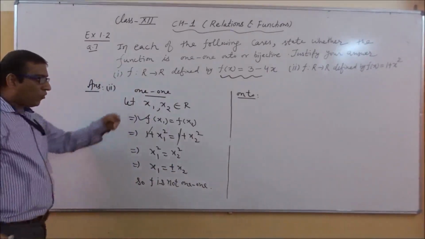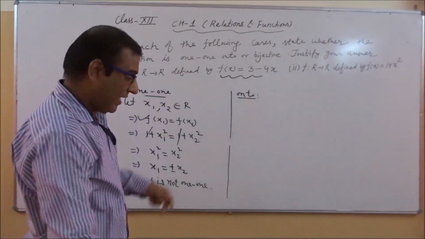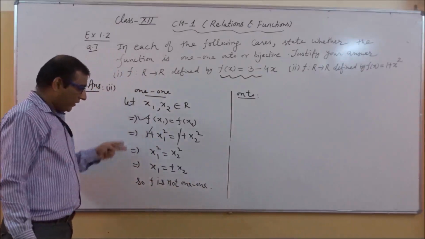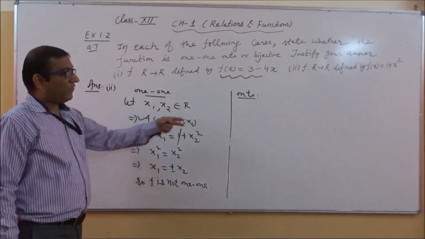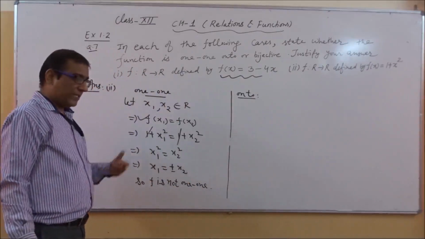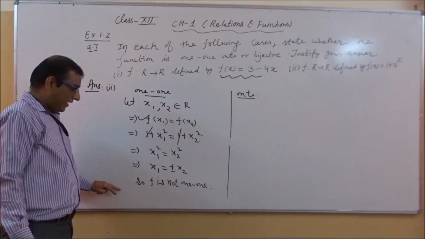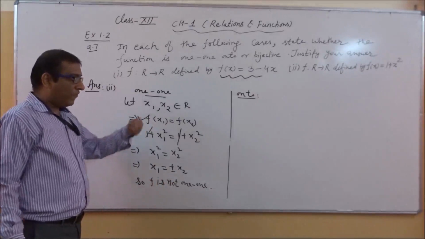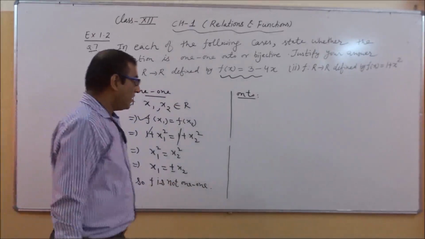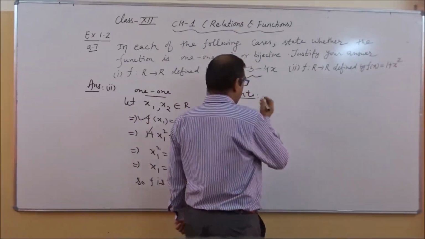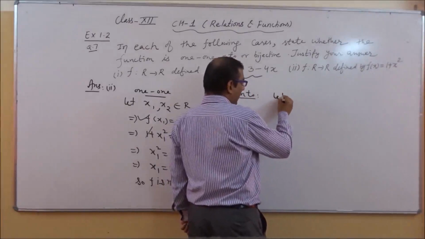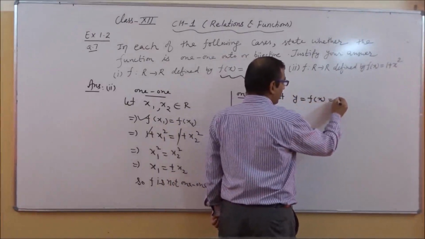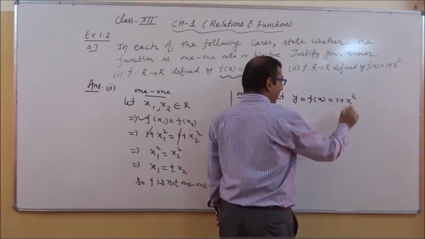And if we want to solve the onto also, then it is also possible. It means I want to say, if someone says f is not 1-1, then why solve the onto part? That is okay. If you want to write here that f is not bijective, then also it is right. And if you want to go with the onto function, that is also correct. So how can we do the onto function? Let y = f(x), which is equivalent to 1 + x².